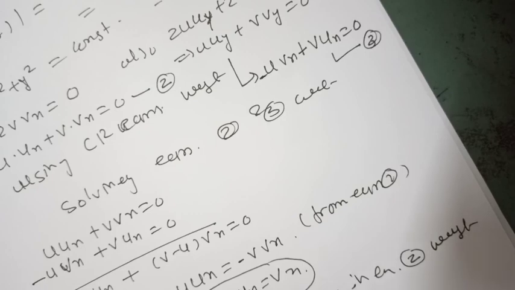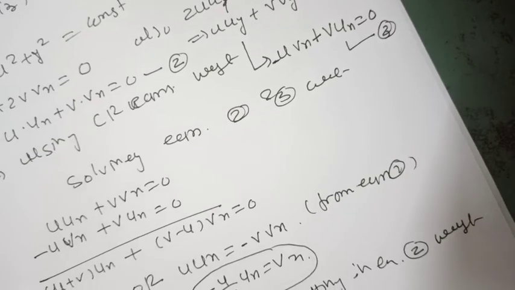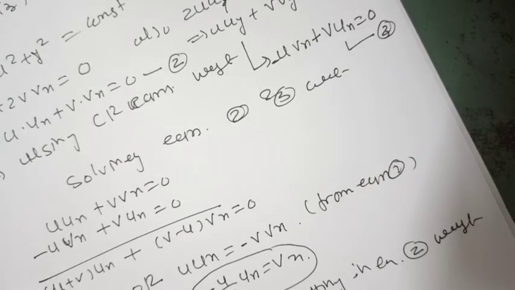Here v gets cancelled and it is 0. Solving, we get